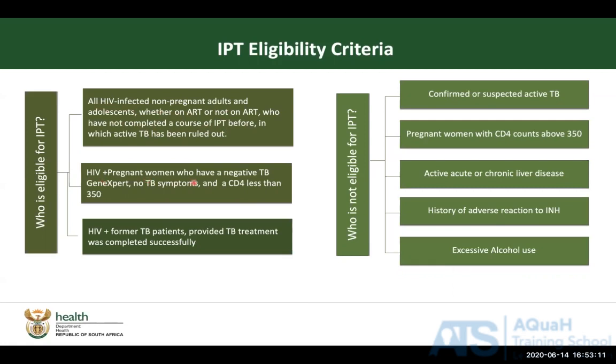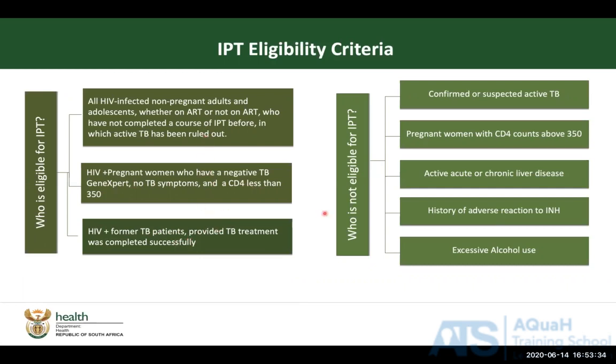HIV-positive pregnant women who have a negative TB screening and a negative GeneXpert test with CD4 counts less than 350 are now eligible. HIV-positive patients who are former TB patients, so someone who has been cured of TB before,